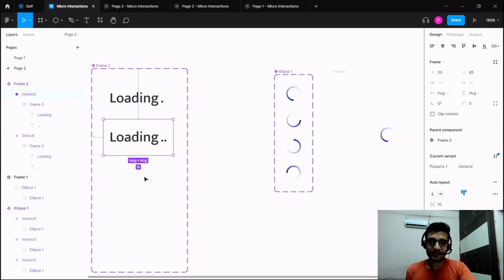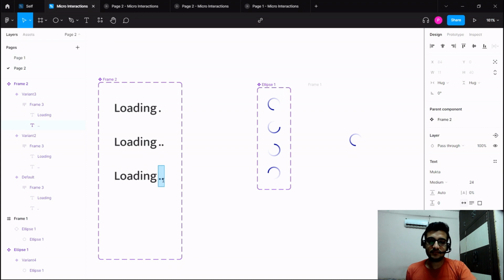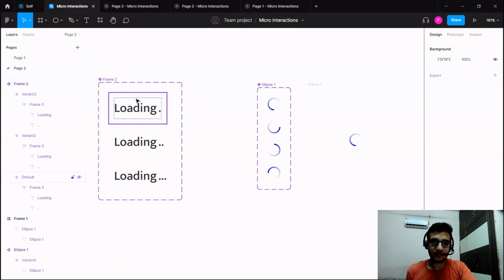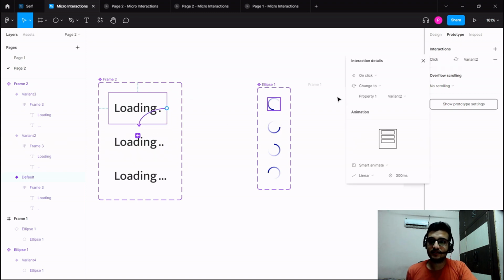Yeah, I'm going to create another variant. So instead of two, now we'll have three dots. I think that looks good to me. So now we will smart animate it. We will go to prototype and connect this to the second one,